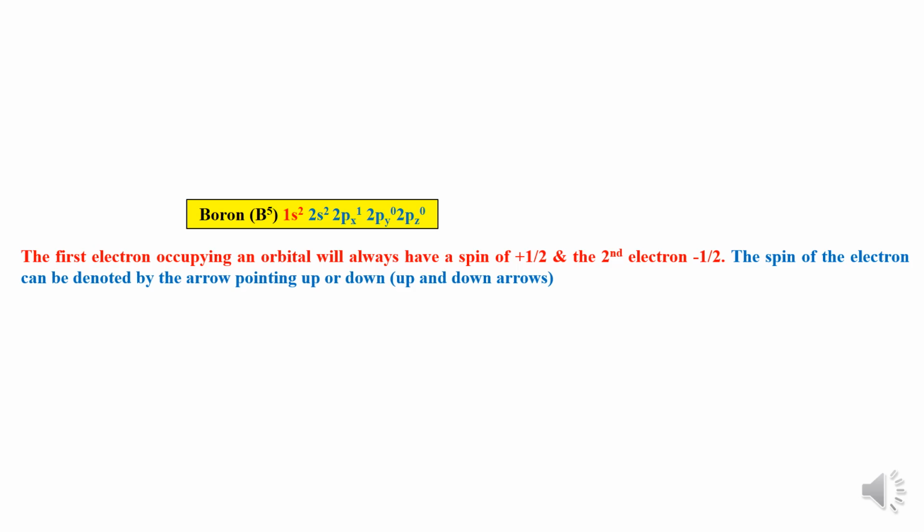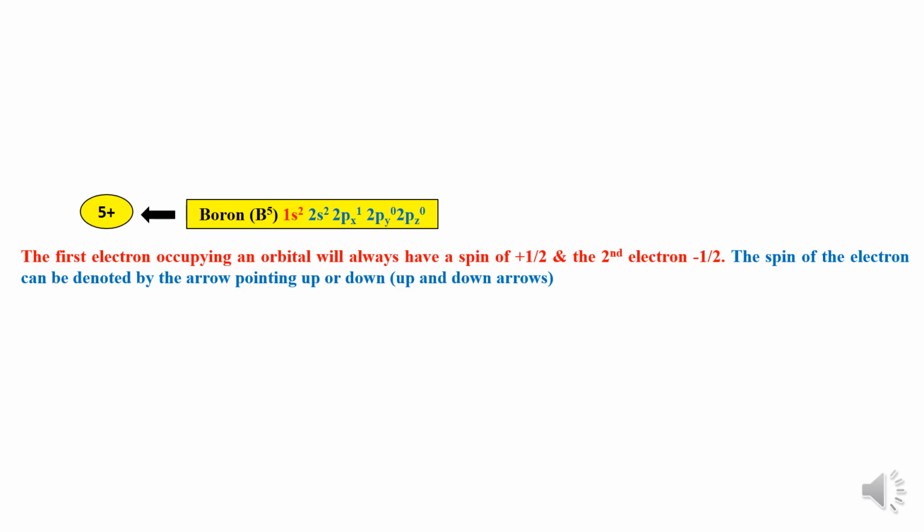Now time for the practice problems. An electronic configuration of boron is 1s2, 2s2, 2px1. Now, what is the atomic number of boron? Atomic number of boron is 5, which means it has 5 protons in its nucleus, and there has to be 5 electrons around the nucleus of the boron atom in their respective shells or energy levels. So now the task at hand is to arrange or distribute these 5 electrons around the nucleus of the boron atom,